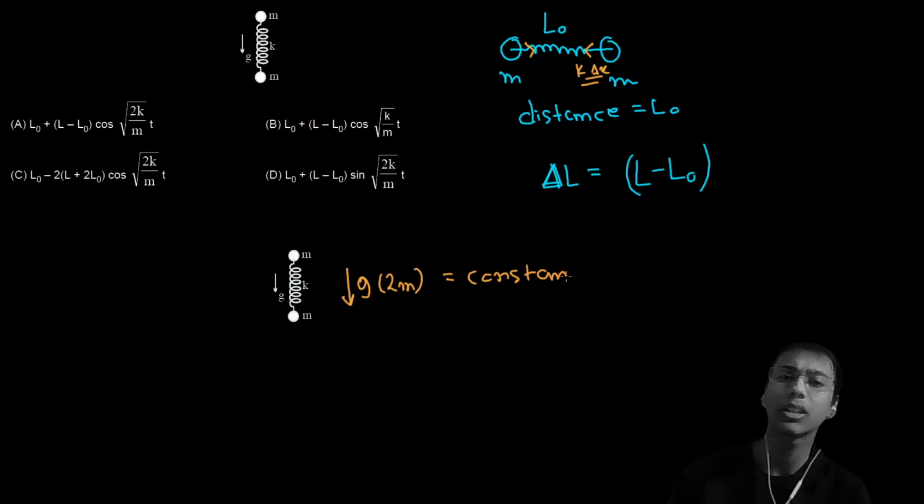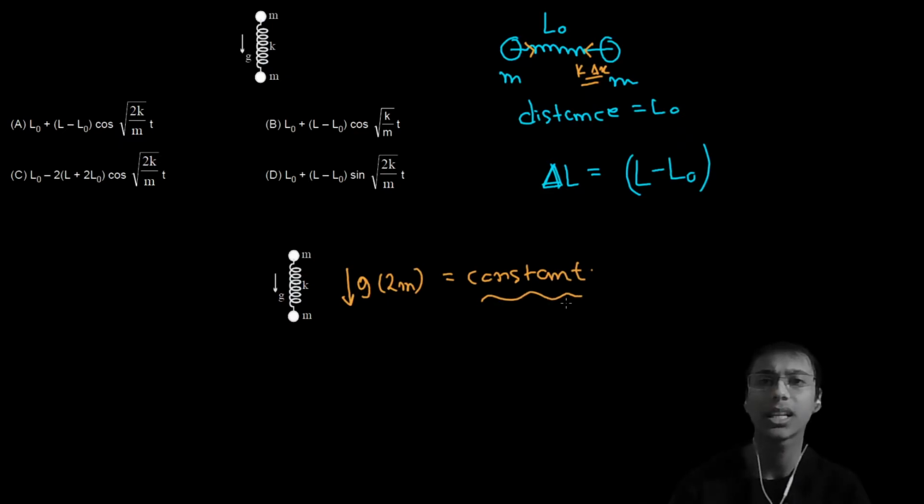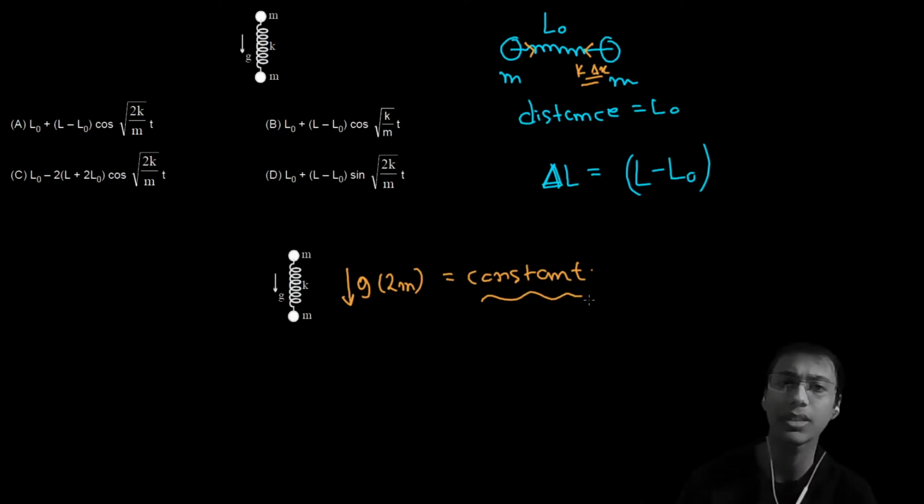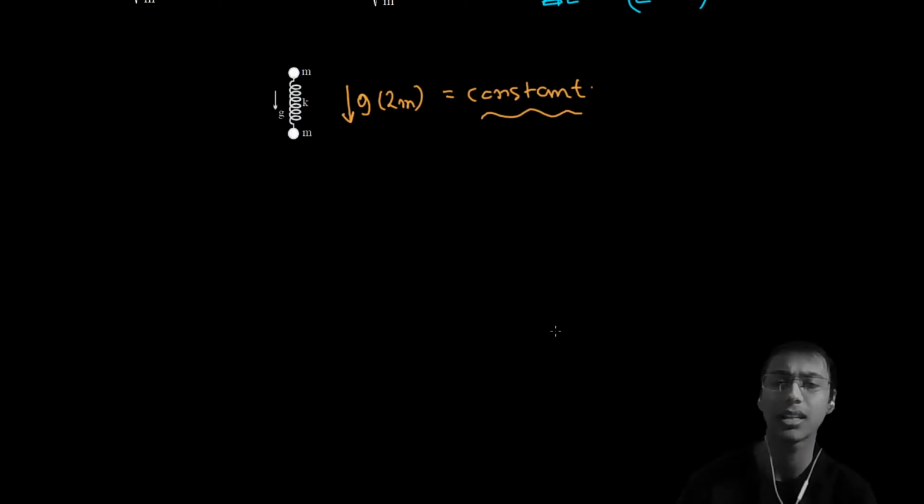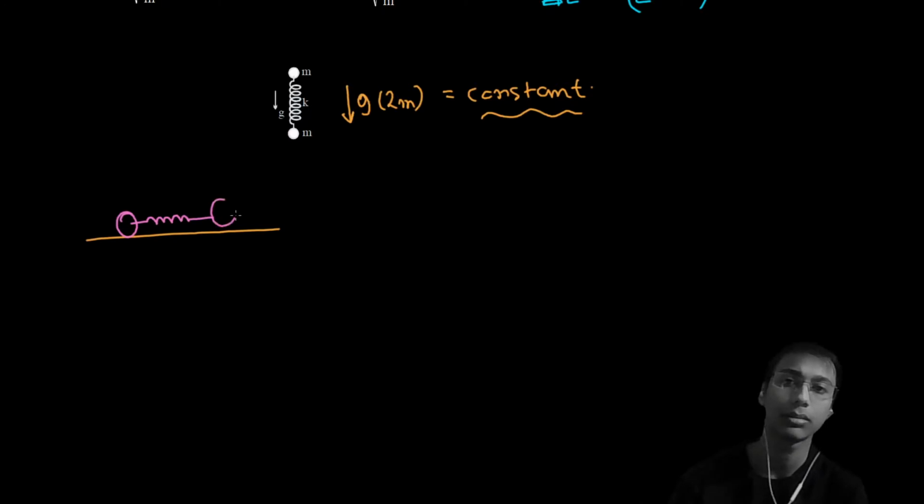और आप लोग जानते होंगे कि कांस्टेंट फोर्स से SHM का कोई रिलेशन नहीं होता, the time period remains the same. So as far as the time period and displacements are concerned, we can just assume this to be lying on a table. Suppose there is a table, here are our two masses, and we have stretched it to L0 plus delta L.